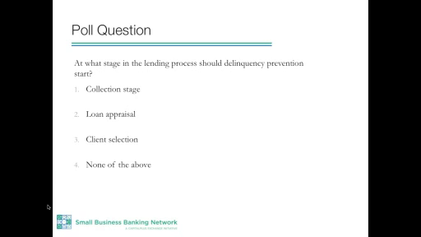Delinquency prevention starts from the day that you select your clients. Now, one of the critical policies that our institution must put in place is the client eligibility criteria. Now, loan officers must be very careful in choosing customers. Now, be very aware that there are customers who are in desperate need of money, maybe because they don't have any other institutions to run to.